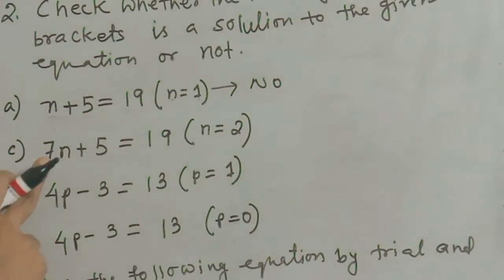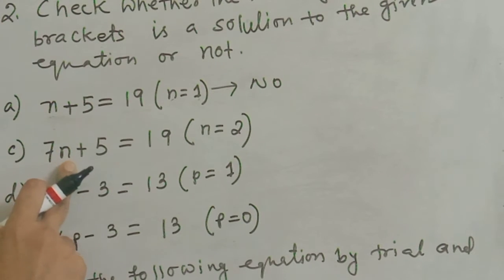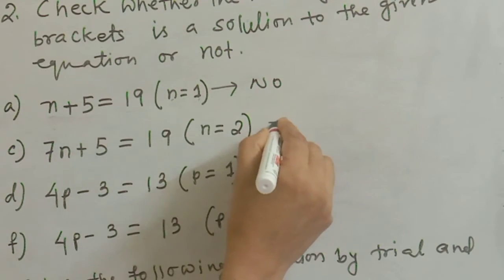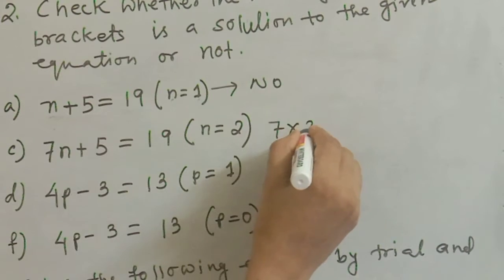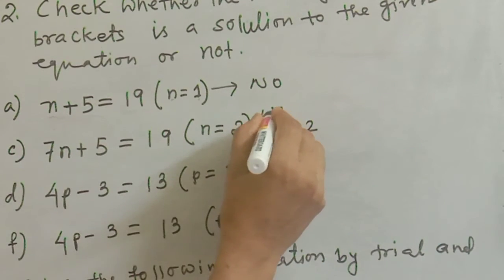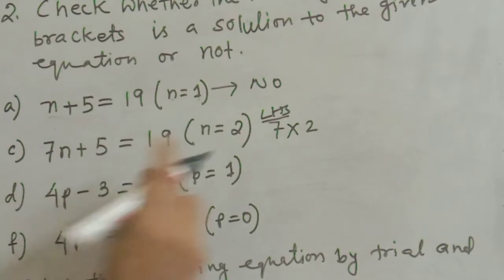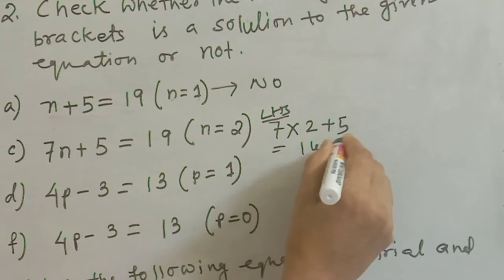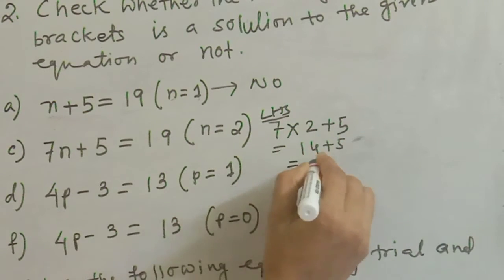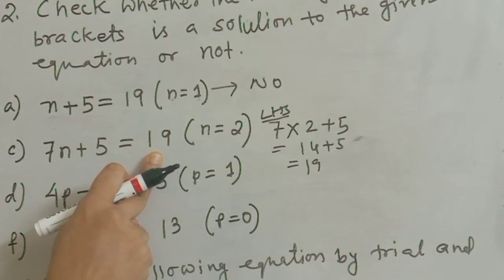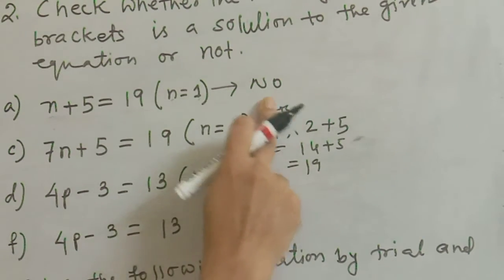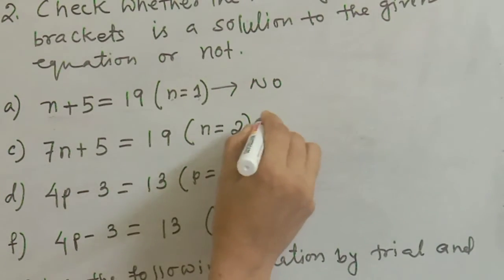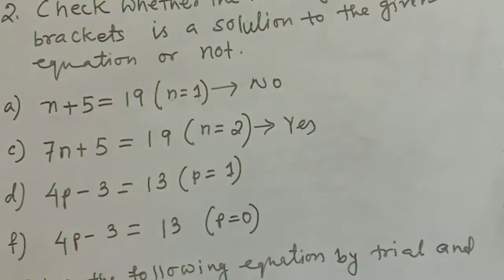Then 7 times n plus 5 is equal to 19. Check. 7 times the value given here, 2, on the left hand side. We are checking this left hand side value. 7 into 2 plus 5. What are we getting? 7 twos are 14, plus 5. It is 19. Is it equal to the right hand side value? Yes. You will do this checking in the rough work portion on the right side, and here you will write the answer only. It is the correct answer.